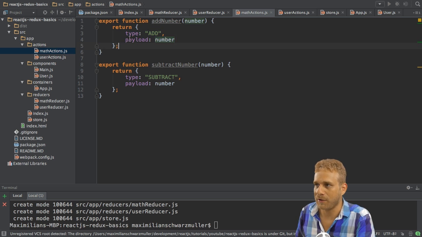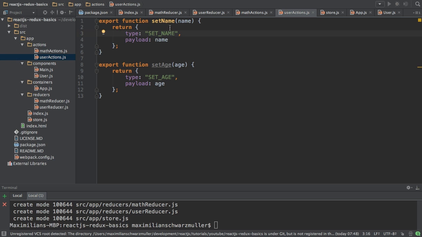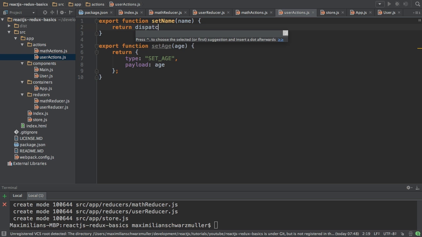Let's consider the following action here. When I set a name, I don't want to set it immediately. Let's say it takes a couple of seconds because we have to write it to a database and wait for the answer from the database or something like that. In this case, I don't return a JavaScript object here. Instead, I return a fat arrow function, which has one argument, which is why I can leave out the parentheses,